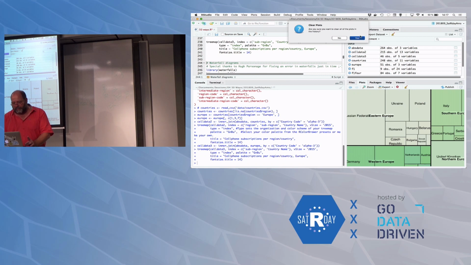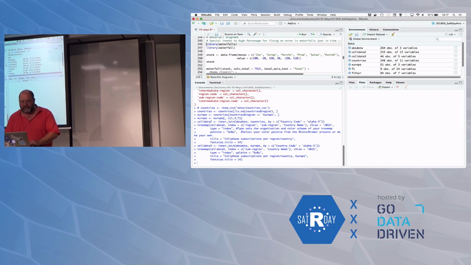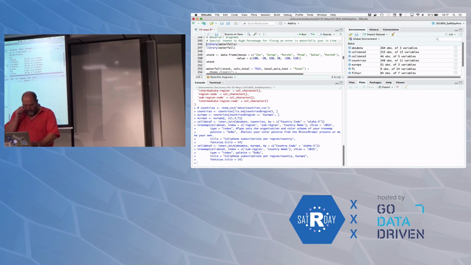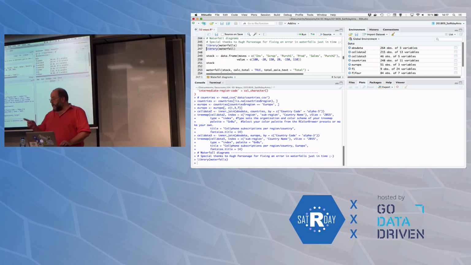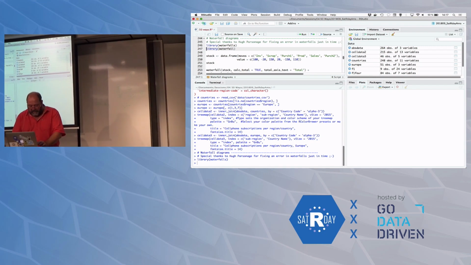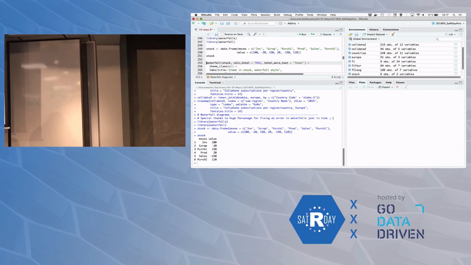Right, next up, waterfalls. Waterfalls is something very pretty, and also that shows how the community works, because when I compiled this talk, I found the waterfalls package with an S at the end, and I played around with it, and it didn't work very well, and then I found the other one. So I have an example,